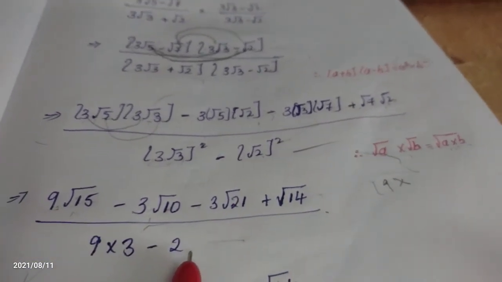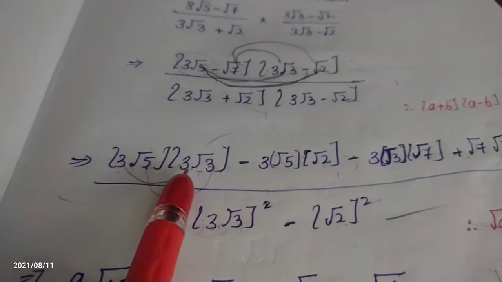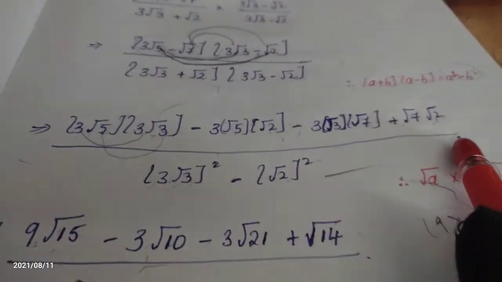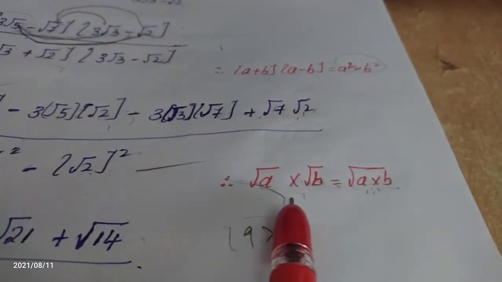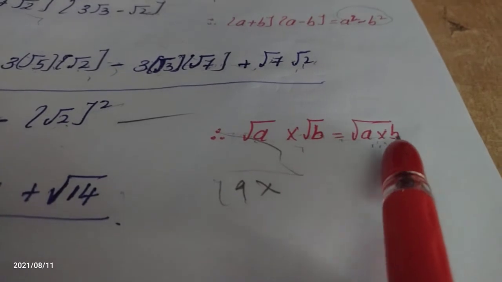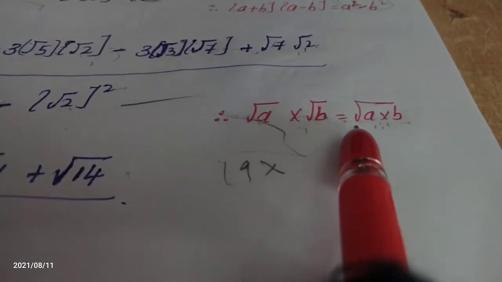On the next step, what do we have to do? Here, can you see this? First, 3 3s is there, which means 3 3s is 9. In each step, we are using this exponent formula. What is that exponent formula? Root a into root b can be written as under root a into b. Can you understand this formula? So many times we are using this formula, ma'am.